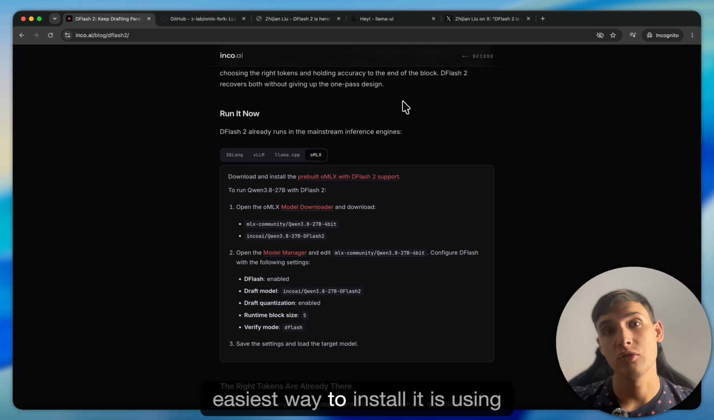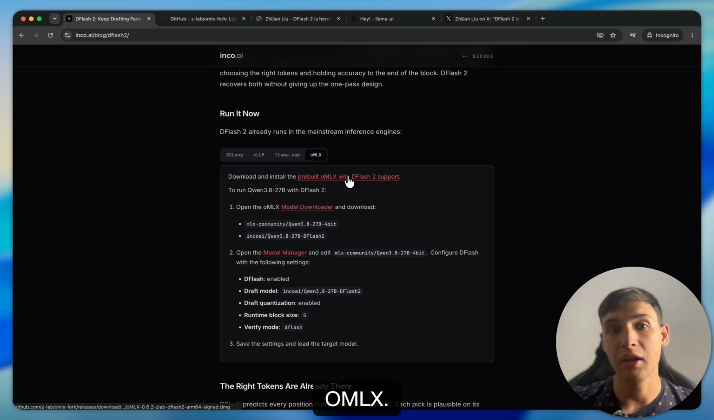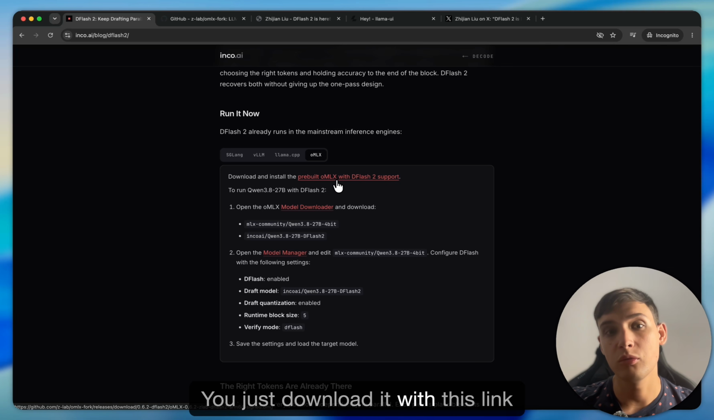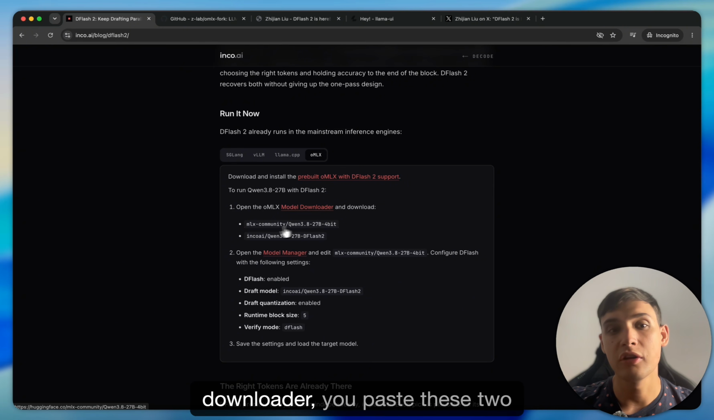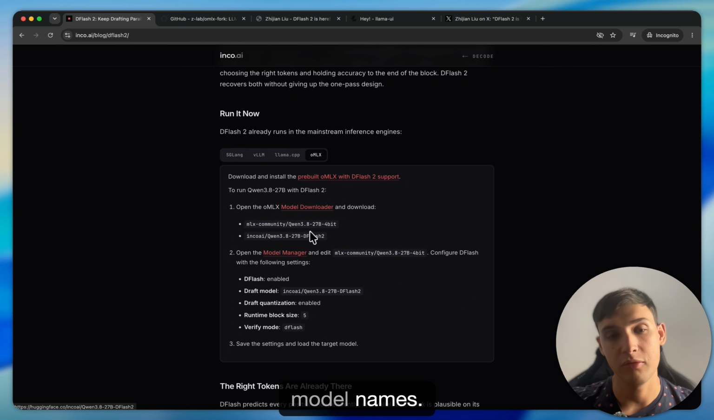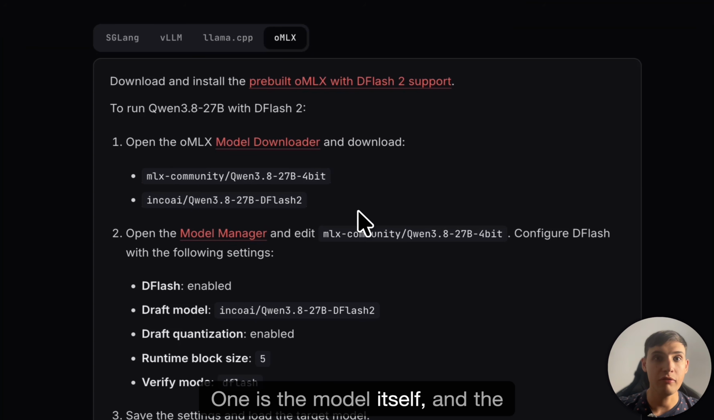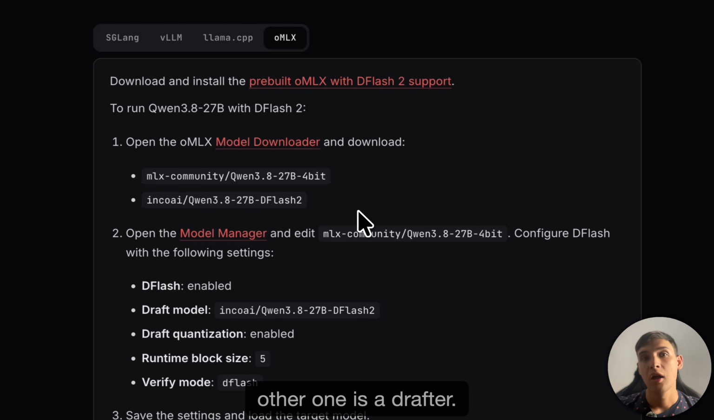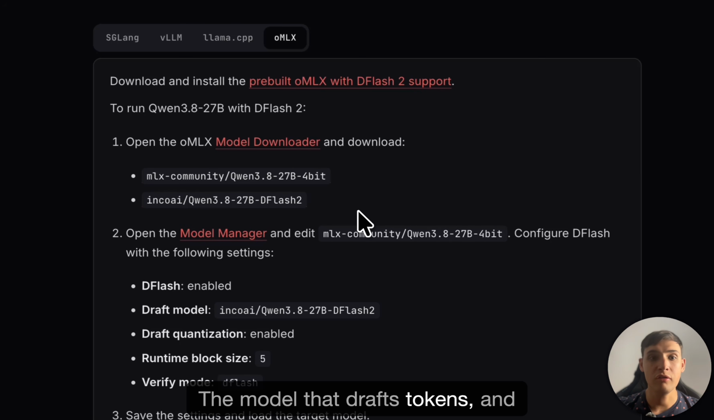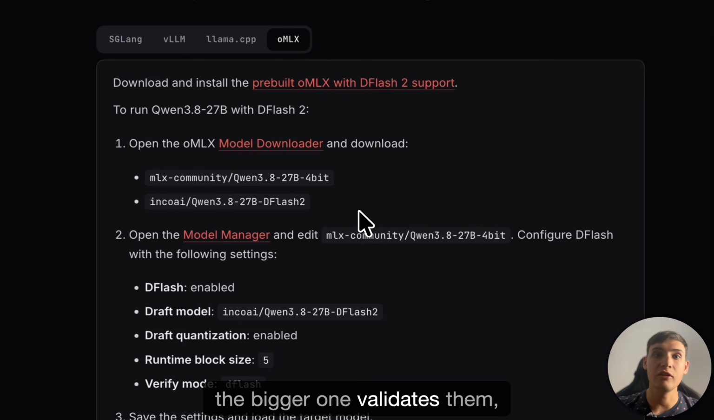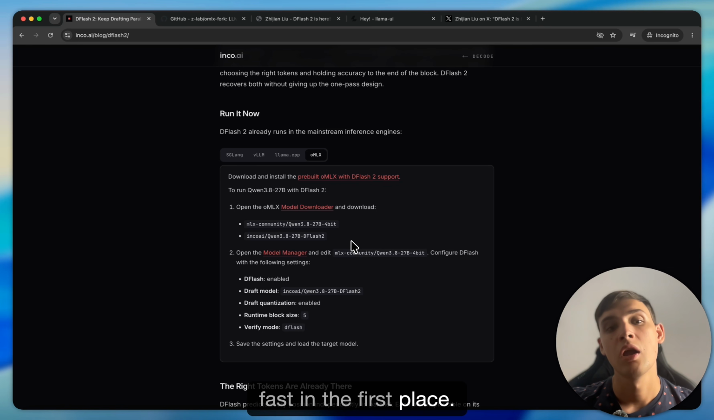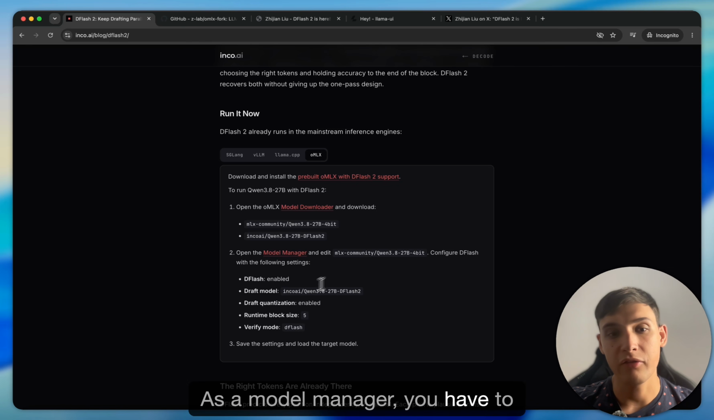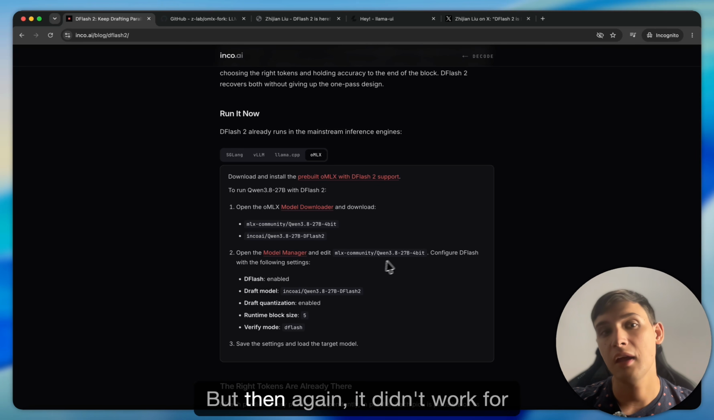The easiest way to install it is using oMLX. You just download it with the link below, and then in the model downloader you paste these two model names. One is the model itself and the other one is a draft model. The model that drafts tokens and the bigger one validates them, which makes the whole process go so fast in the first place. With the model manager you'll have to do a couple of settings, but then again it didn't